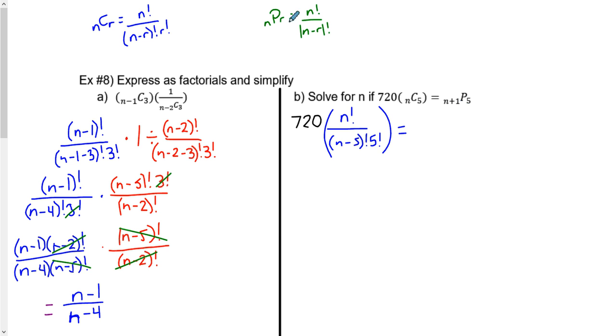So that's why I wrote down this one, because our n is n plus 1 factorial over